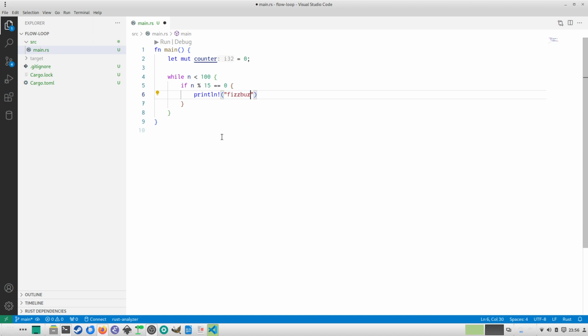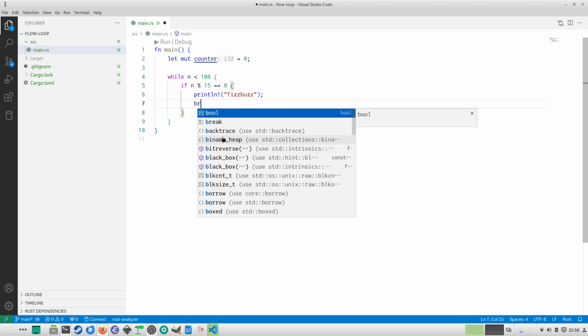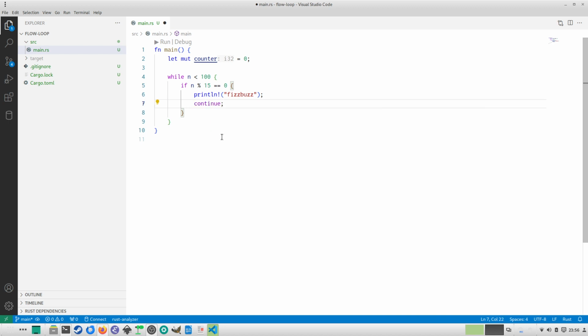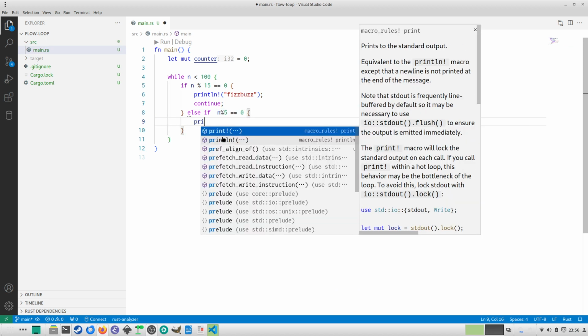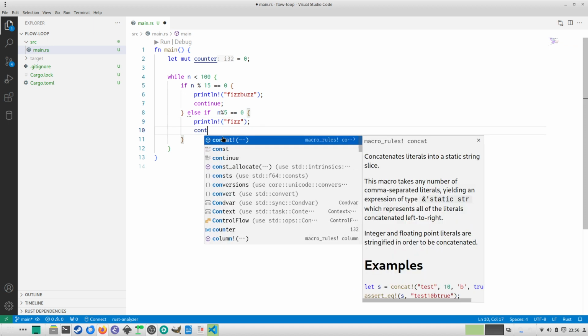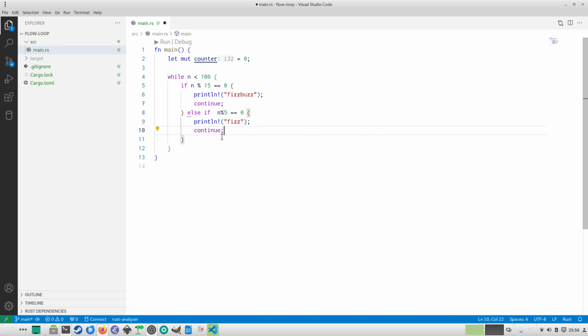This ensures that our execution is correct, and then we say continue. Else if, as we have studied in the previous one, n percentage 5 is equal to 0. You have to give double equal for the equality test. You can say println fizz, and then you continue again. What continue does is it makes sure that it does not execute further lines of the code. Else if n percentage 3 is equal to 0,